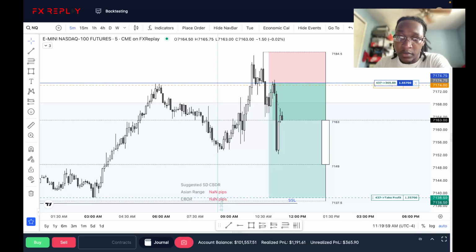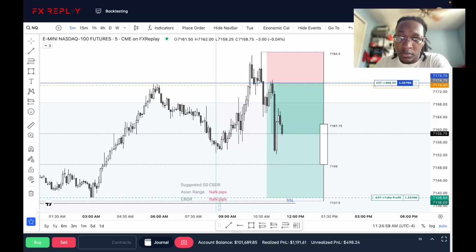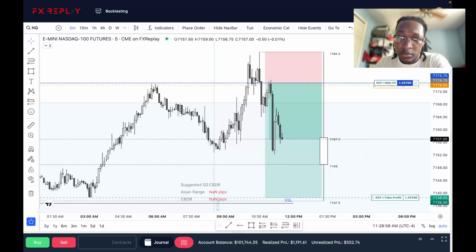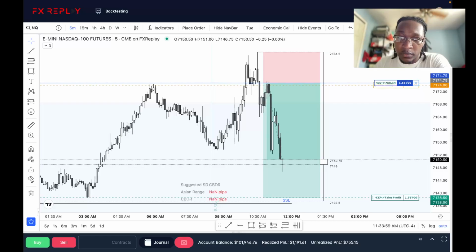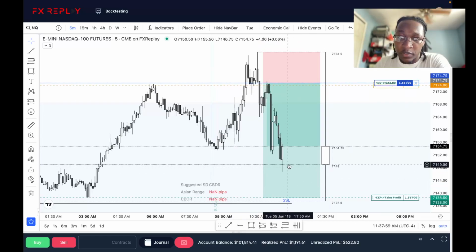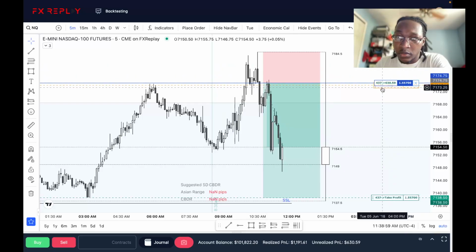5 minute fair value gap. You see continuation lower. Nice. Tap the daily open. Let's move price